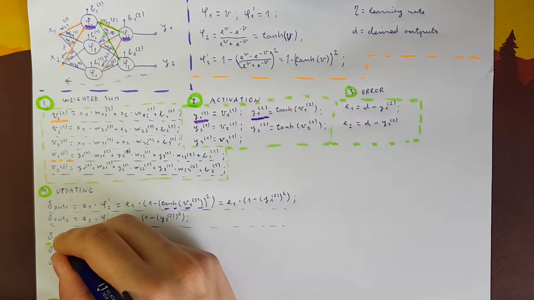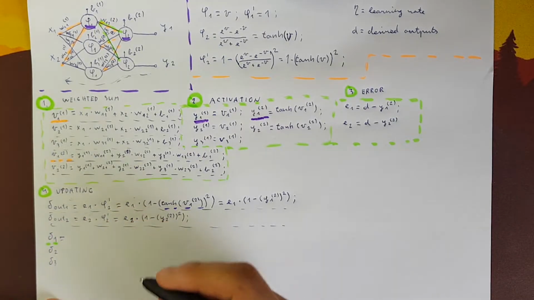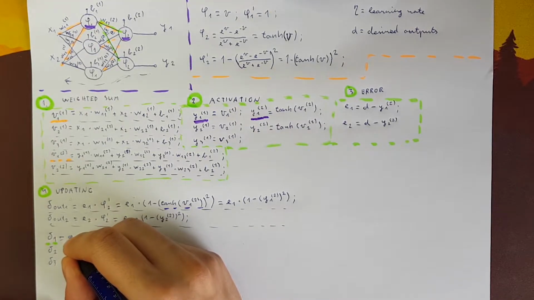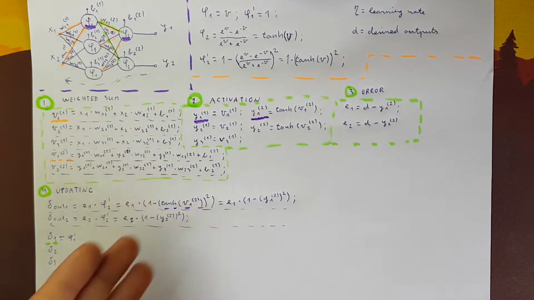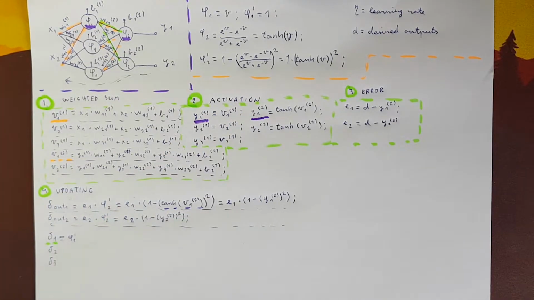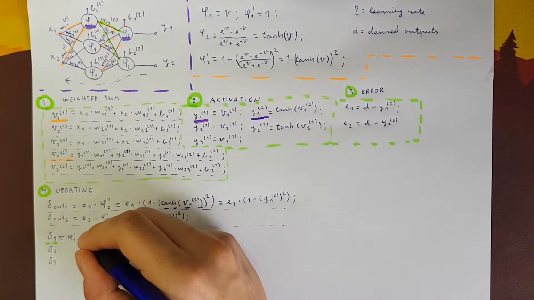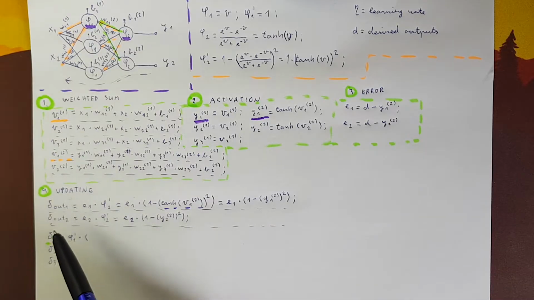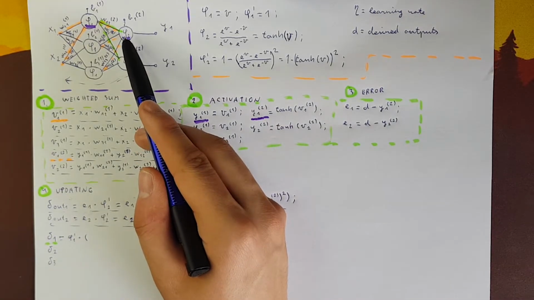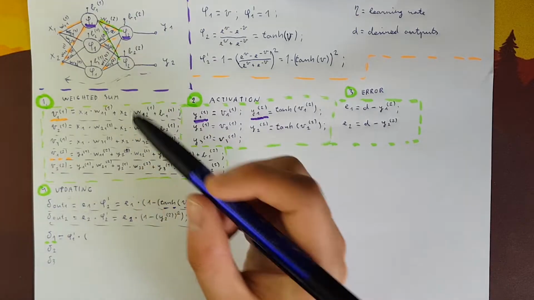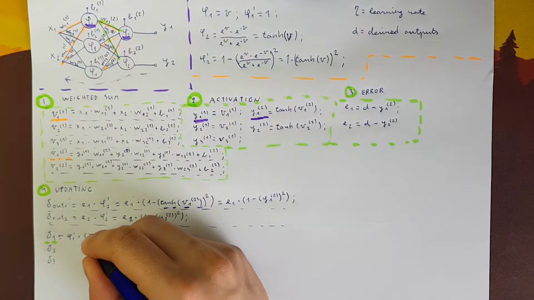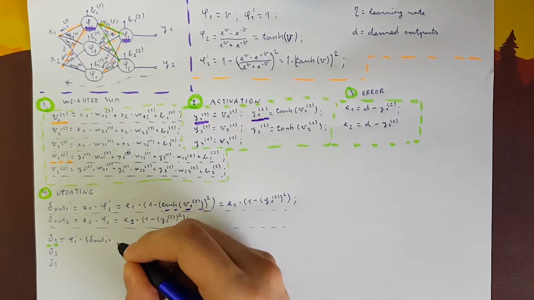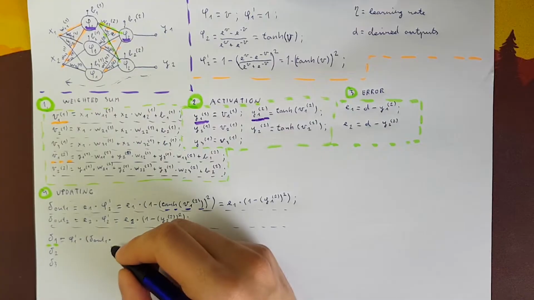as I said, we have to multiply phi 1, which is again equal to 1. So there's not a lot of writing about that, but we multiply it by the corresponding delta out 1 from the first neuron of the second layer. So delta out 1 is multiplied by the corresponding weight, so W11